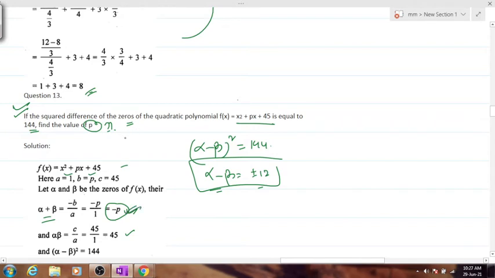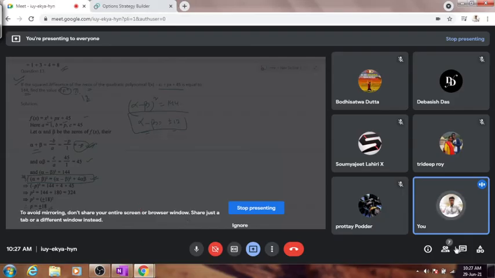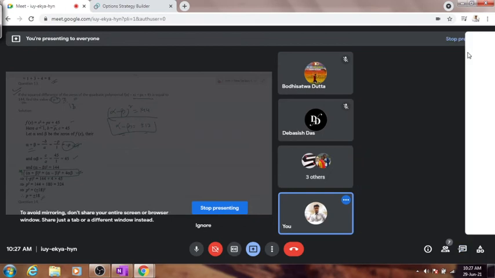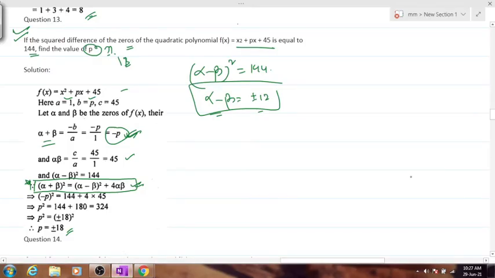This is a very important numerical. This might come for 2 to 3 marks. Plus minus 18, because we simply know this formula. Yes or no? Last day we discussed this formula. Did we? People who don't know this formula, these are some new formulas you'll have to keep in mind. Kindly copy it down, people who are not able to do it. How many have got the answer for this? This one nobody has got. So kindly do it now. Question number 13.